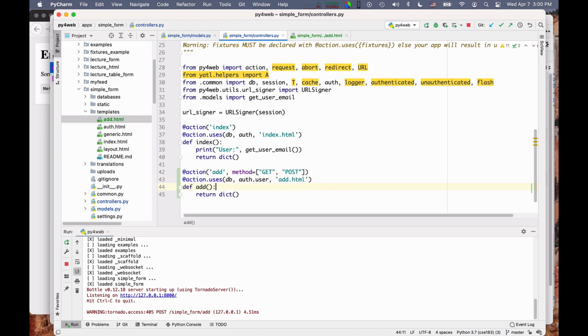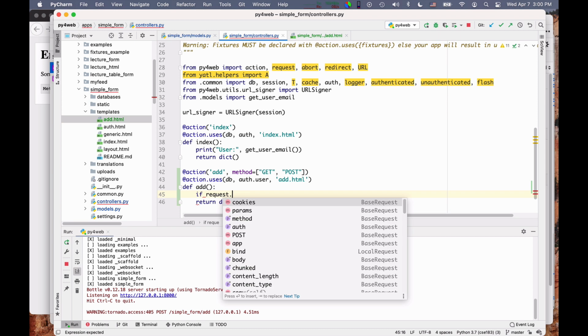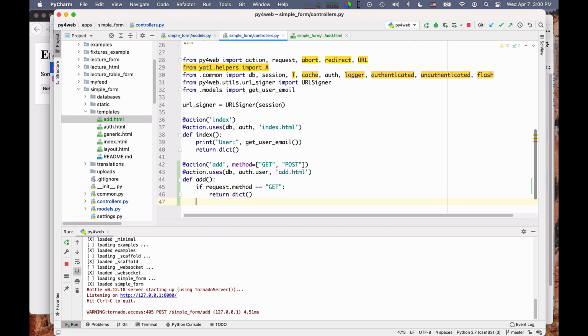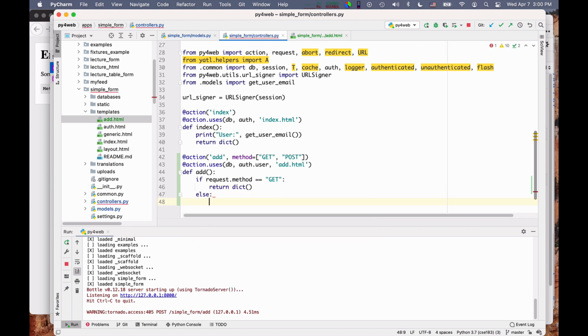And if we want to actually process that request, we have to be slightly more sophisticated. We have to say something like this. If the request method was a GET, then we have to return the empty dictionary. Else, this is a form submission, and so we have to decide what to do.